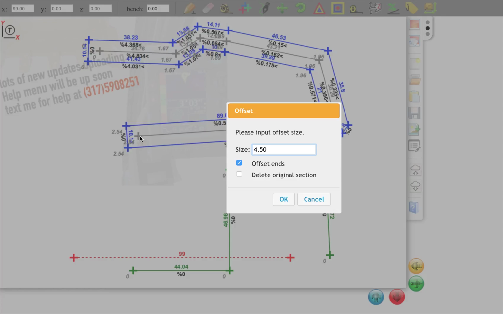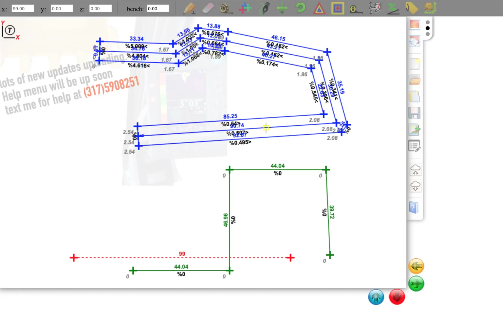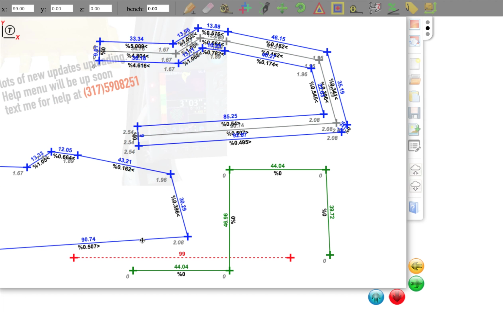Offset ends means, see that this is the start of the ditch, it offset the end as much as we were, which is a 4.5. But I can say, nah, I don't want to offset the ends. I want it to be right at the end of my ditch. So I say, okay, there it is. Now, I could erase that when I was there, or since I forgot, I'll just grab that middle section and